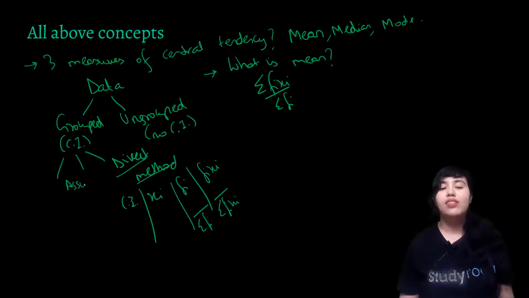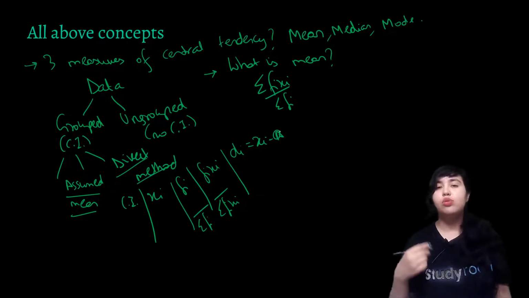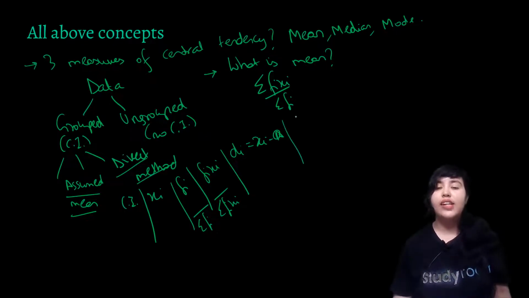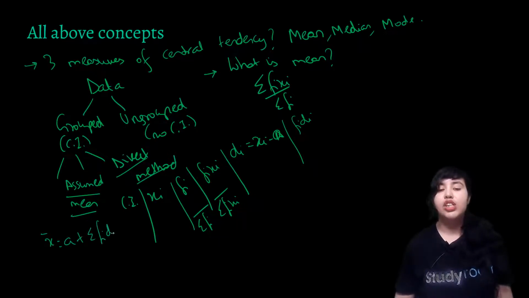Then we have another method, which is the assumed mean method. What do we do here? We have an additional column over here, which is di. di is called deviation. What is the formula for di? That is xi minus a. What is this a? a is the assumed mean. This assumed mean is any observation in the middle, so any class mark in this case, and then you calculate fi di. So what is the formula to calculate mean by this method? x bar is equal to a plus summation fi di upon summation fi. Then how do you calculate mean by one more method? That method is step deviation.